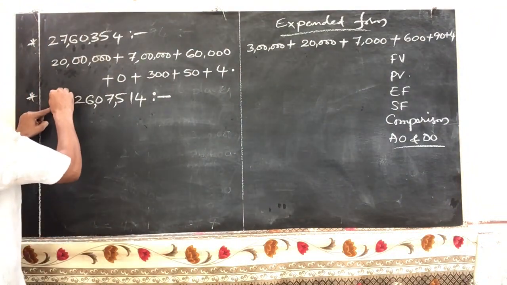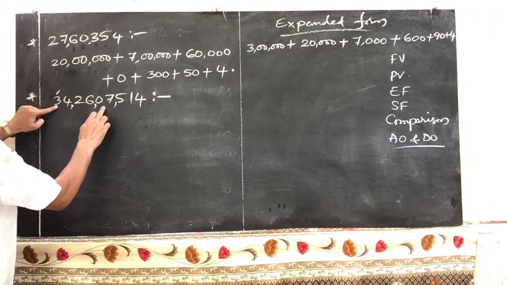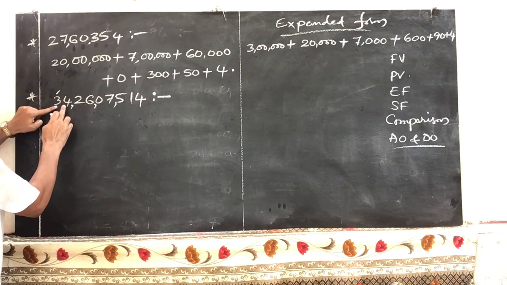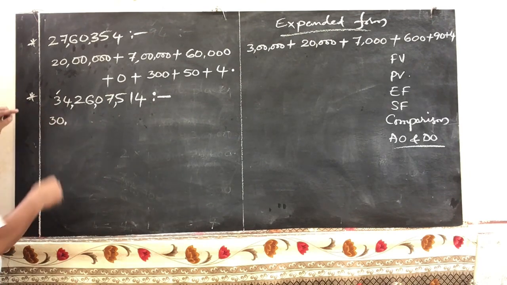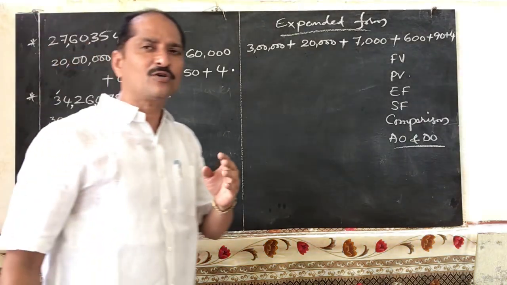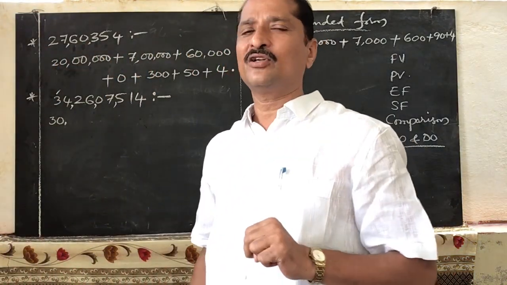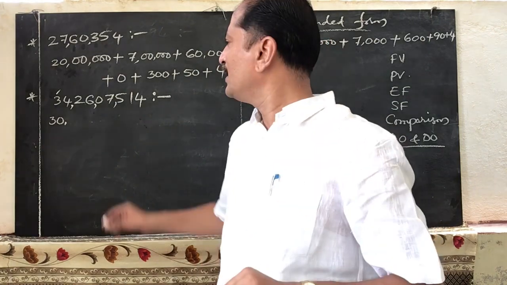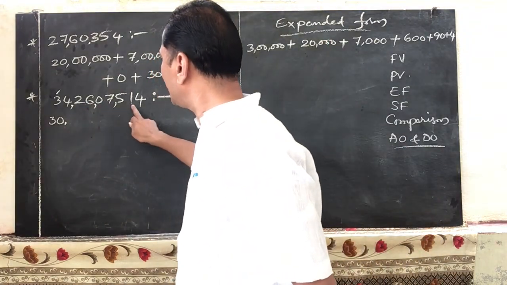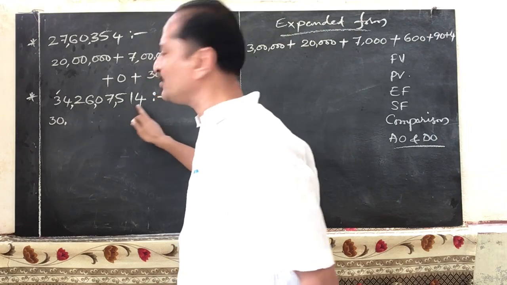Now place value of 3. So units period, thousands period, lakhs period, crores period. And it is in 10 crores place. So 3 into 10 crores, 30 crores. So 30 we have written in crores period. Next lower than crores period, lakhs period, 2 zeros. Next lower than lakhs, thousands period, 2 zeros. Next lower than thousands, units period, 3 zeros. Totally 2, 2, 3. So here if you are observing, you can understand easily.